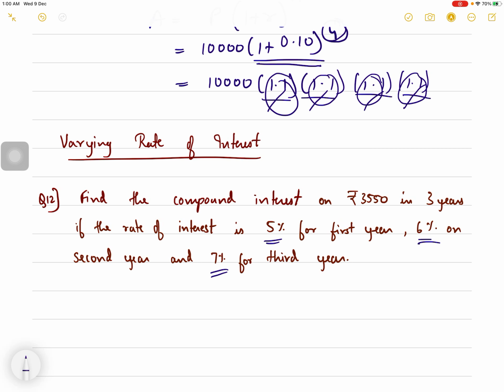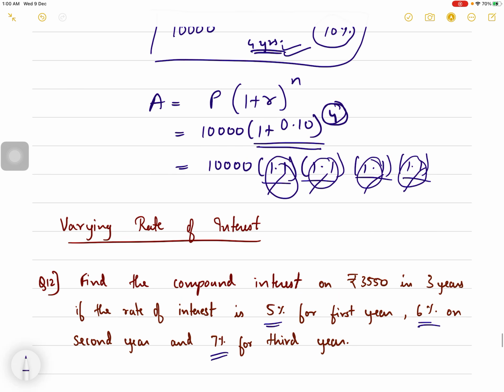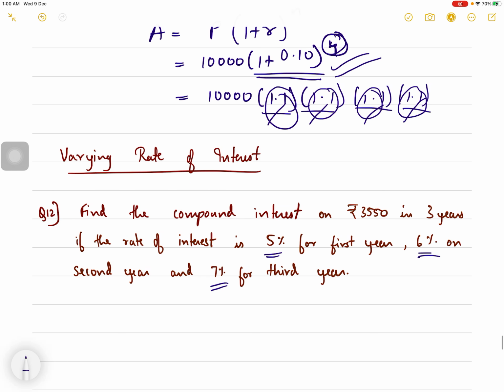So in the brackets also the rate will change. Every time the rate will change. In this case, in my example, the rate was not changing, so I did raised to 4. So the same interest was multiplied 4 times. In this case, because the rate of interest is changing, that's why the formula would be